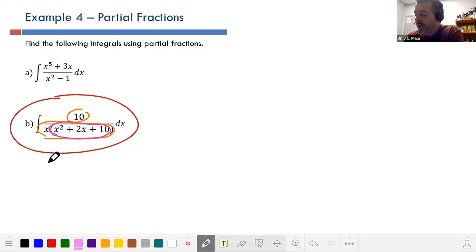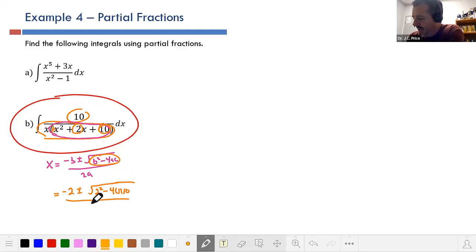But a quick way is to use that quadratic formula. So negative b plus or minus the square root of b squared minus 4ac all over 2a. And what you're really looking for is seeing if this is negative. If that's negative, what that means is that you can't factor this in terms of real numbers. So let's just see what happens here. So here my b is 2. So I plug negative 2 here, plus or minus the square root of 2 squared minus 4. My a is 1. We usually don't write it, but it's just 1. And then my c is the number 10. So then times 10. And then all divided by 2a, so 2 times 1,